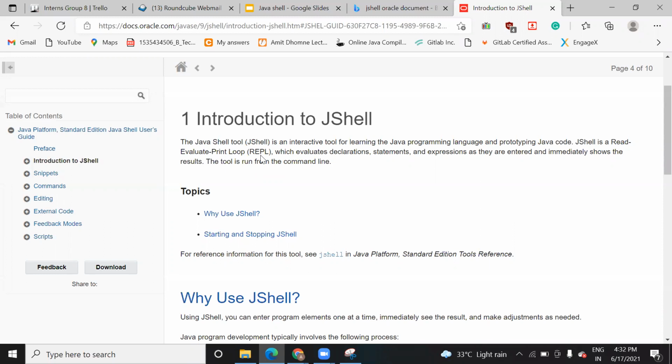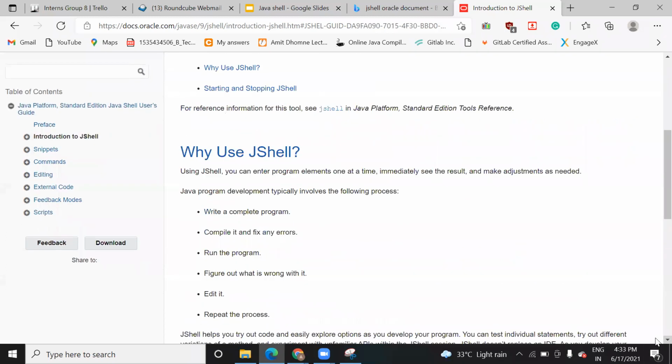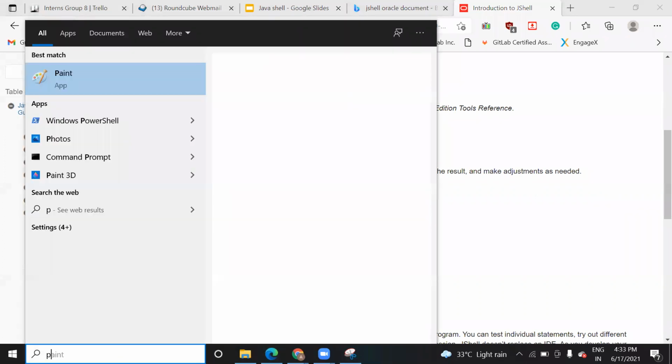This is completely based on the command line. Here we don't need to use any editor like IntelliJ, Eclipse, or Notepad in order to write the code. And here you can run the code without main also, because you are running line by line code. That is the reason you run it element wise. Here you don't need to depend on the complete syntax for running the code. How is it different from the normal program? Let me show you.